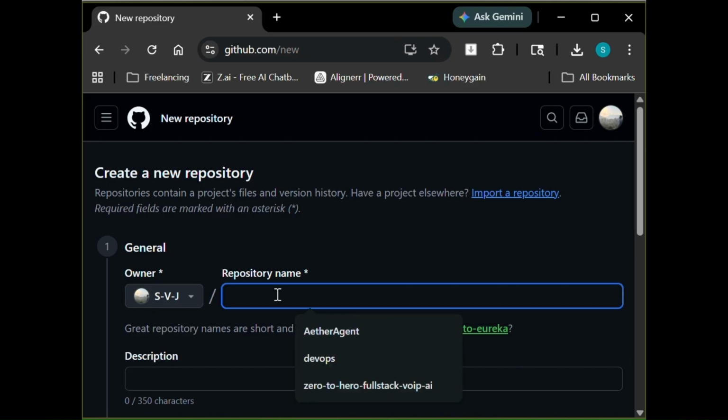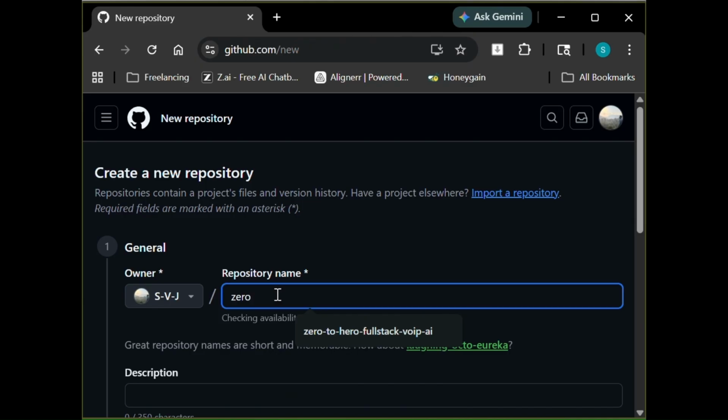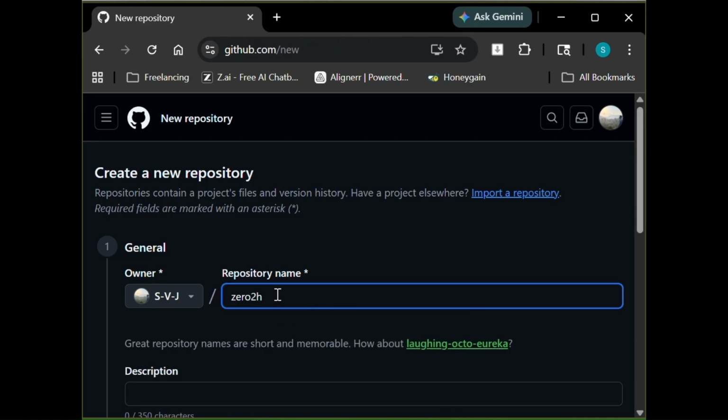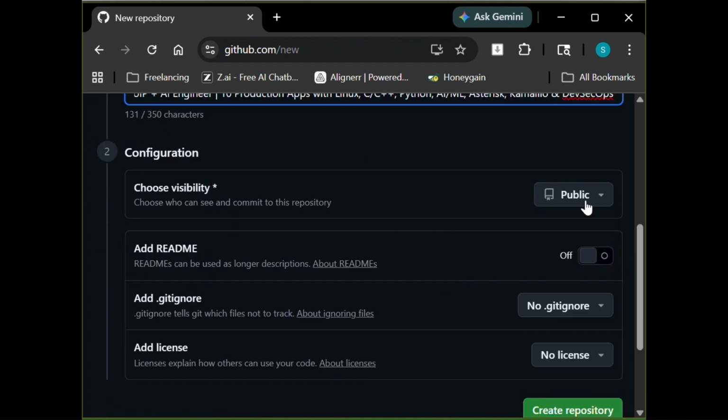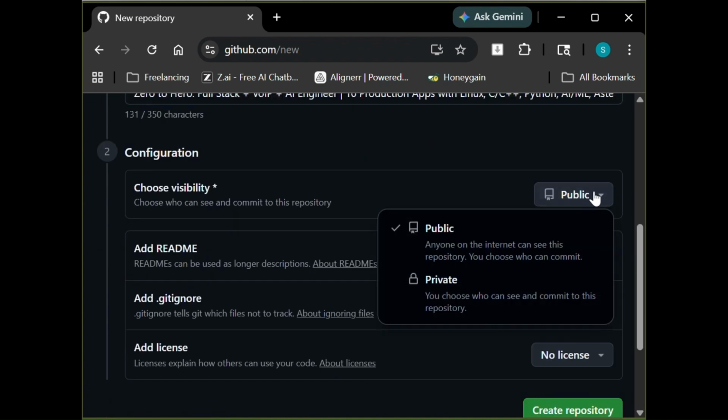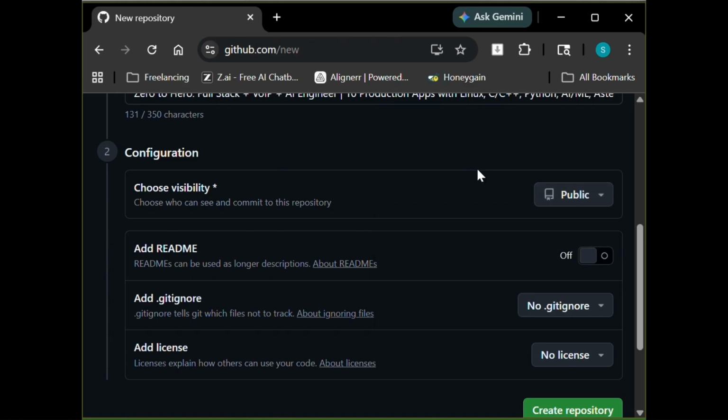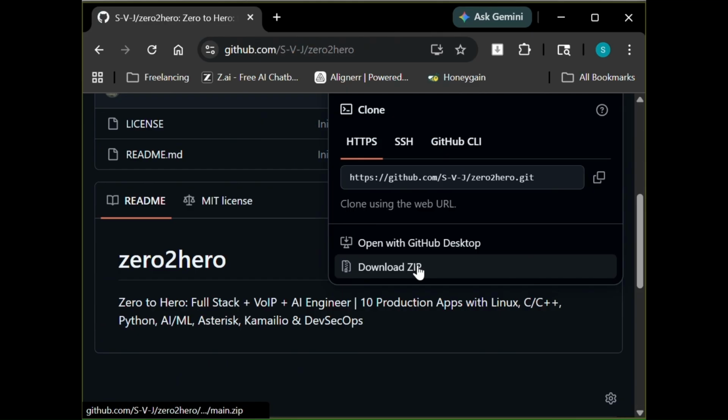Name it as per your requirement or your wish, as I keep here 02 Hero. Keep it public. This is an open source course. But in your case, you can keep it private if you want to. Initialize the README. We will edit it locally. Now click on Create Repository.